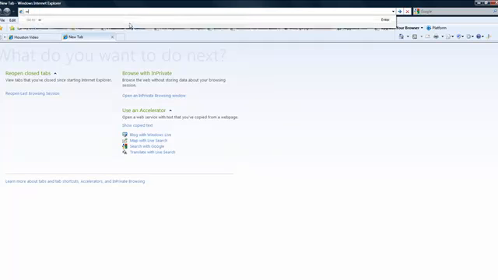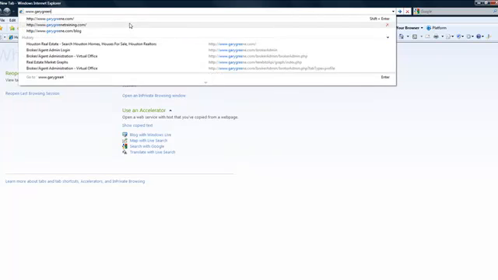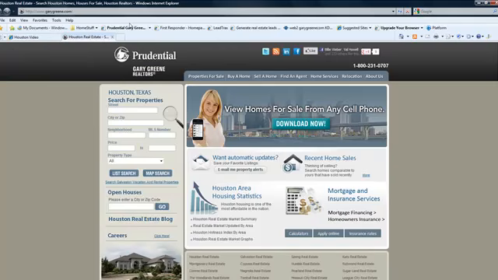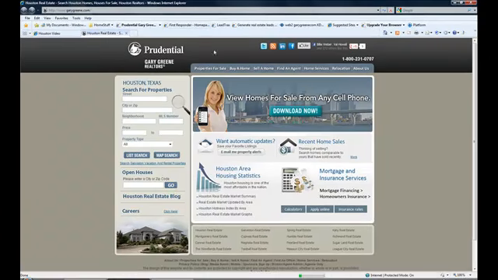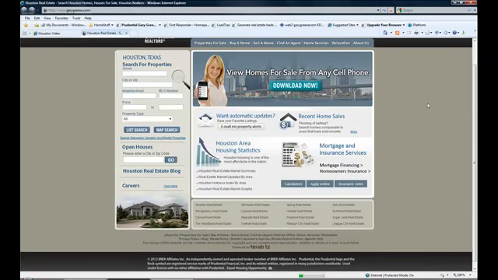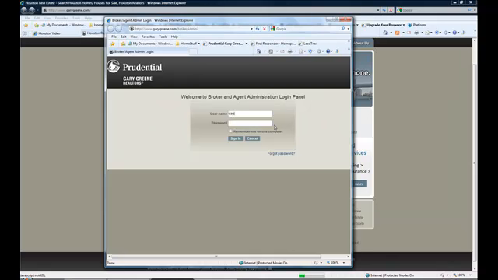So I'm going to go to GaryGreen.com, and if you have a non-Gary Green website with another vendor, depending on what features you have, you might be able to use these instructions. Otherwise you'll want to do the next set when I talk about embedding it, because all websites should be able to embed it. But right now we're going to do it with a URL, so I'm going to log in to Broker Agent Admin,